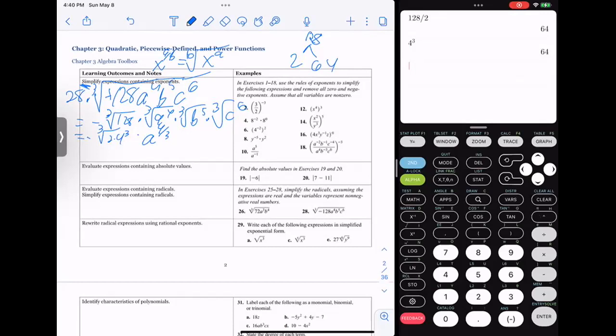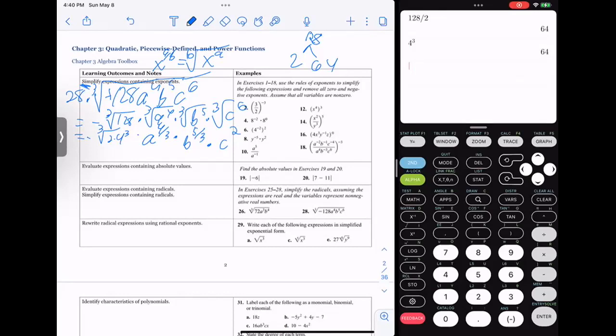Okay. So for this b, I can rewrite that as b to the 5/3. For the c, I can rewrite that as c to the 6/3. 6/3 simplifies, so I can rewrite that as c squared. Make sense? Okay, now drawing attention to the cube root of 128, which is 2 times 4 to the 3rd,